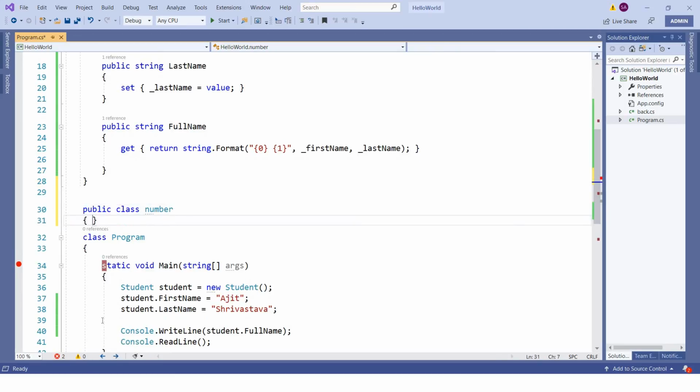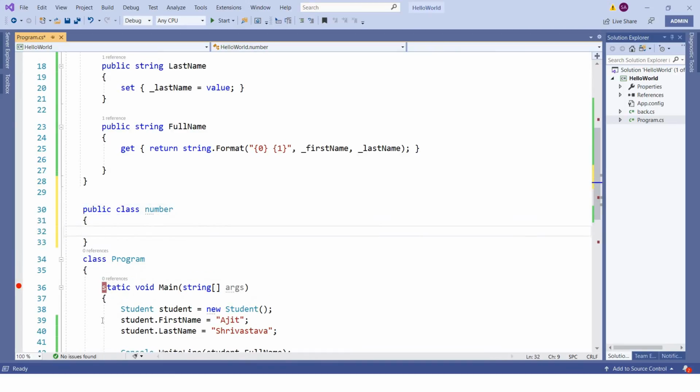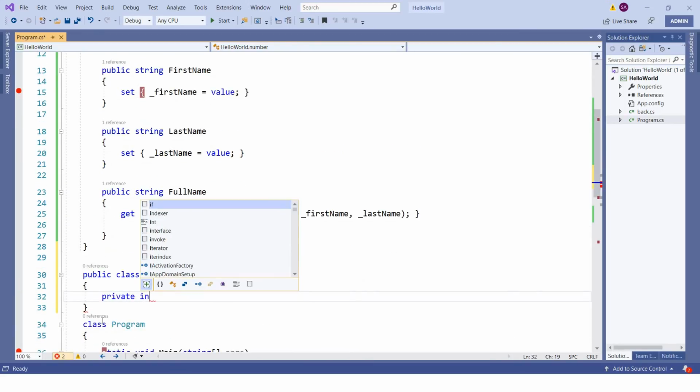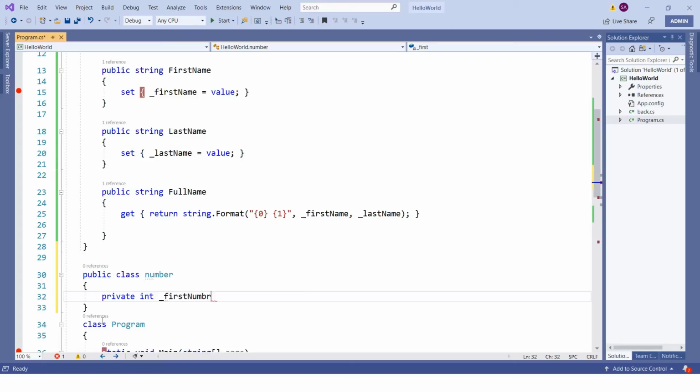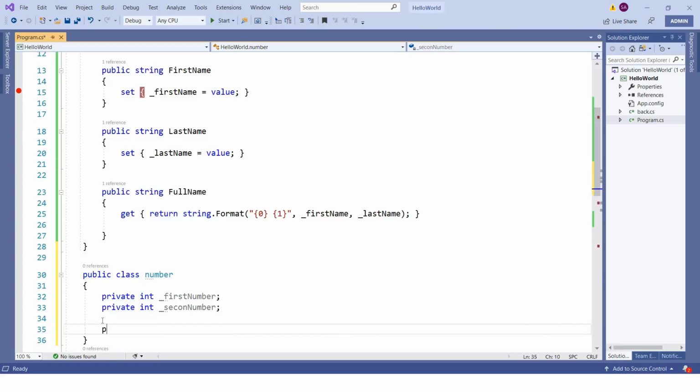Here I want to have private int underscore first number, and private int underscore second number. Now let's say I want to have a property, public int addition.